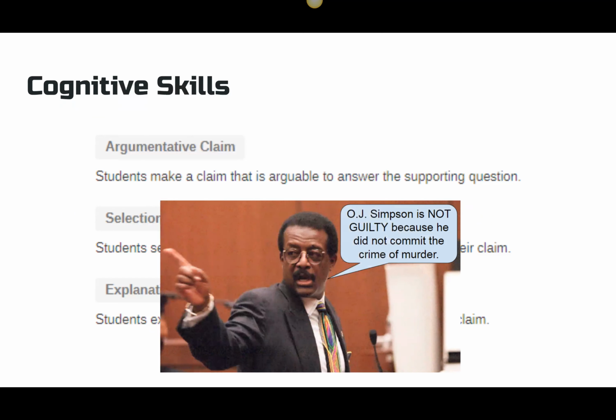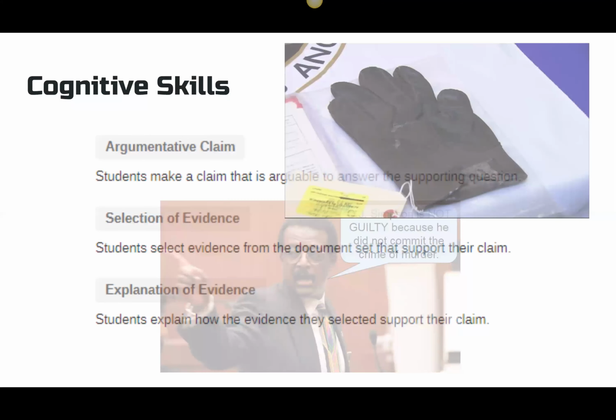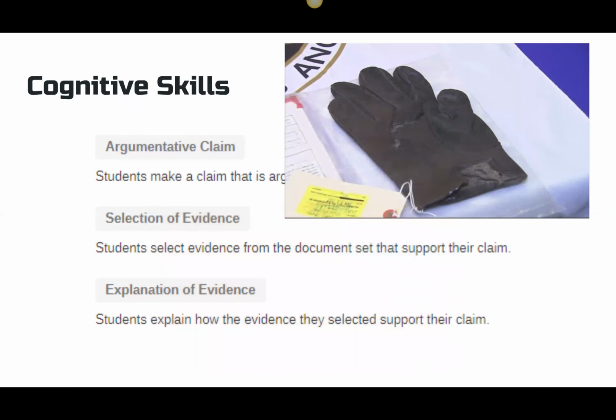Now, if he would have just said, that's it, please believe me, the jury would have said, no, he's guilty. You have to provide evidence. So that's what Johnny Cochran does. He provides lots of evidence, and in particular, he provides the glove, this glove that they said was found at the crime scene. If he would have just said, he's not guilty because of this glove, Exhibit A, and then gone home, again, the jury does not have enough to actually say he's not guilty.